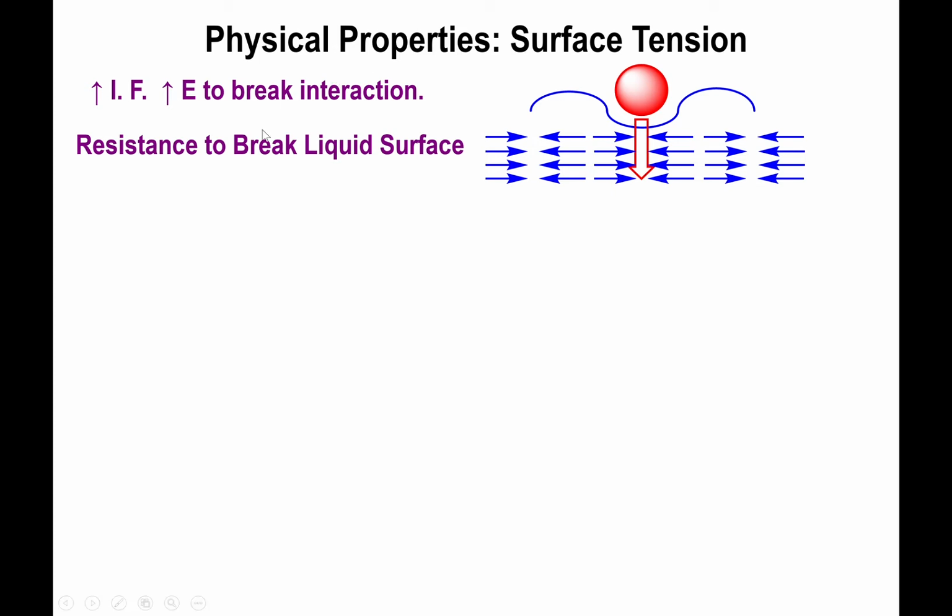Right, so this resistance to break the liquid surface is ultimately a result of the intermolecular forces present in the liquid. If you have greater intermolecular forces in your liquid, it will take more energy to break the interactions, so the surface tension will end up being larger because now it requires more force for you to alter the surface